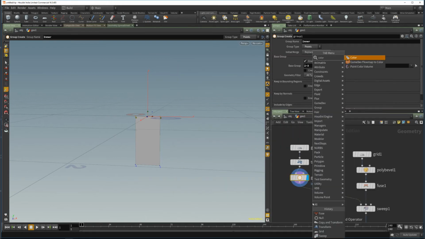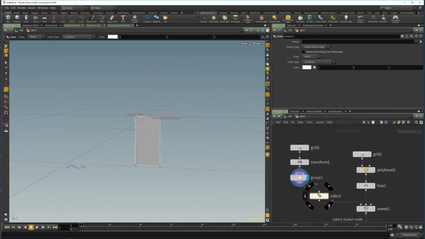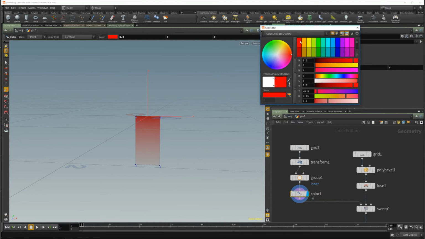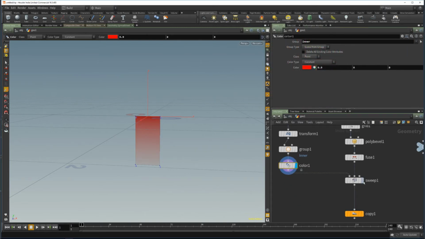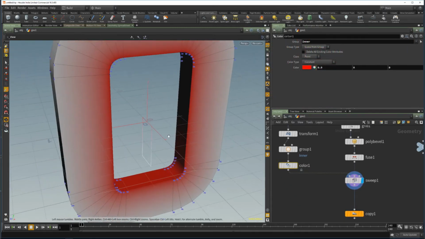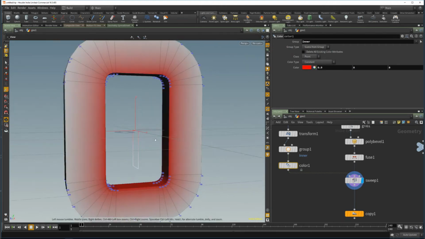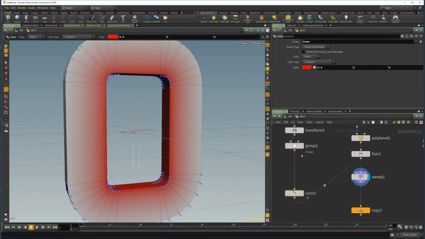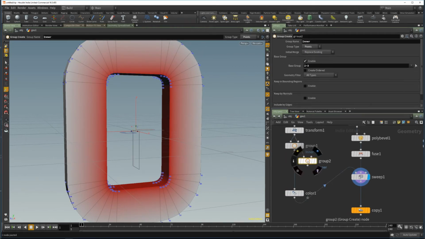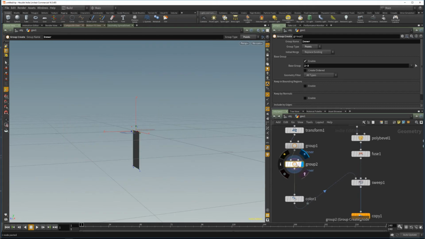I will use a color node to be sure that I'm working on the points I want, inner, and we will add a reddish color on it, and a sweep. So that's the inner part of the model,